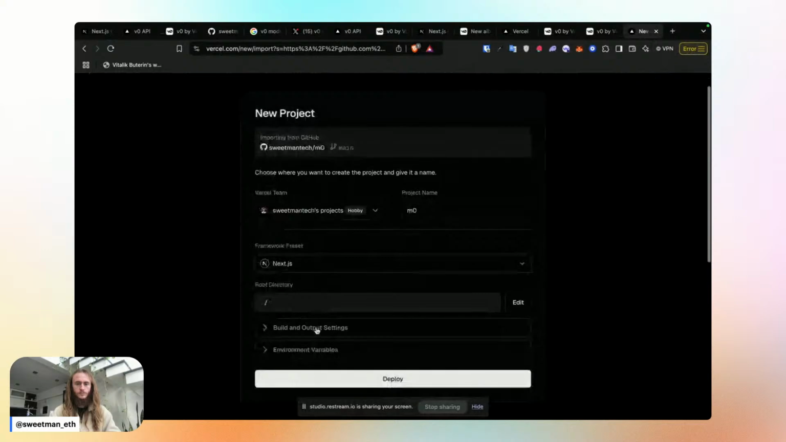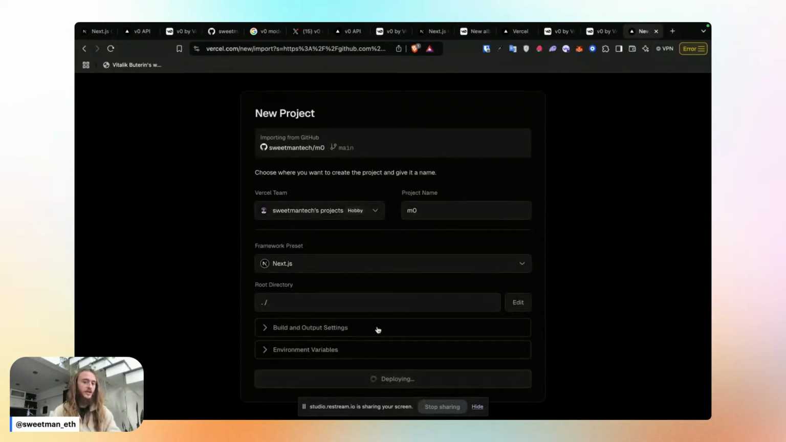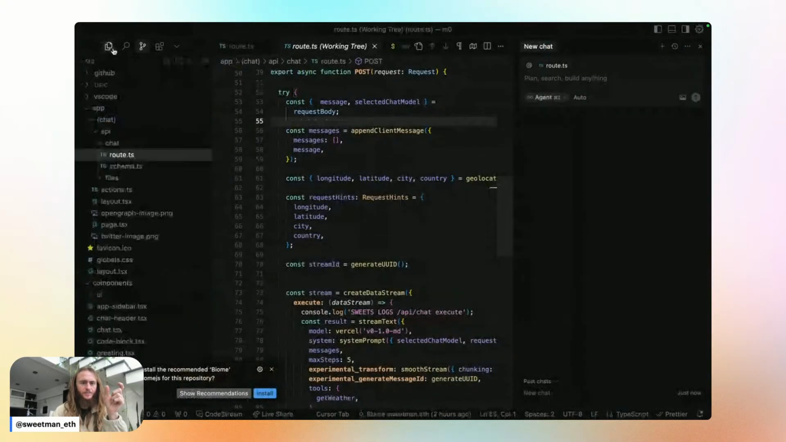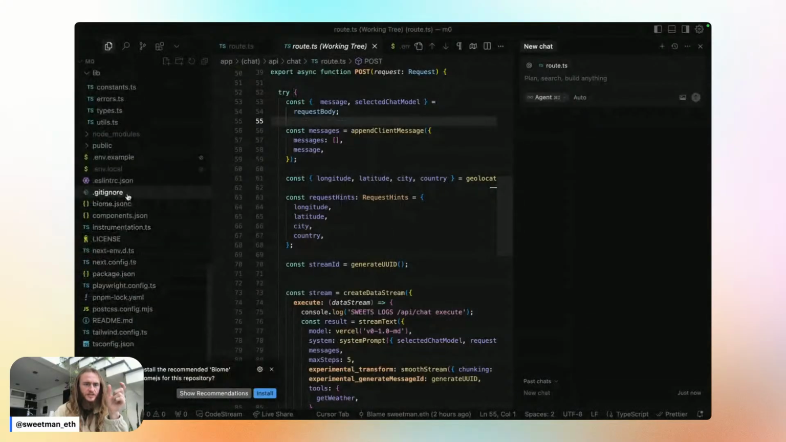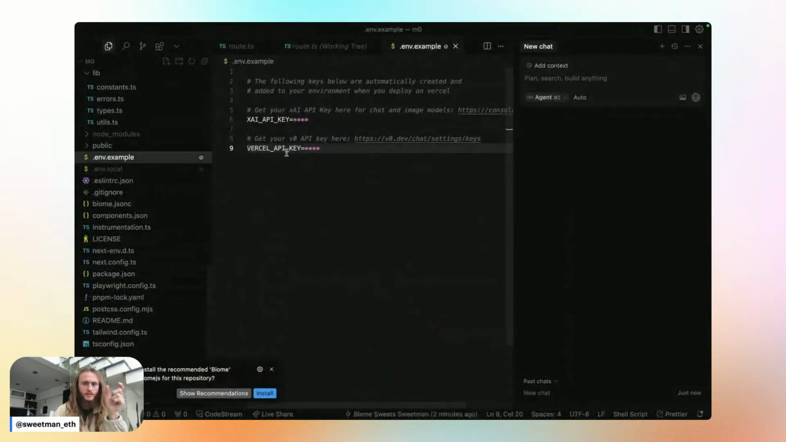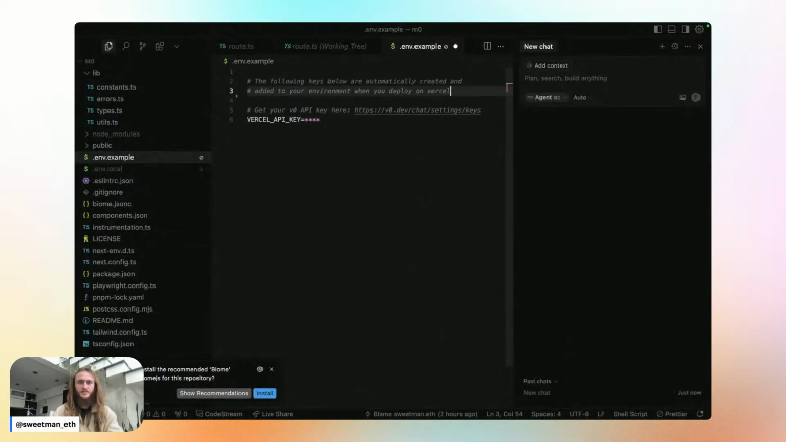And now I might need to add in the environment variable. I'm not sure if I do. It might automatically be included. So let me just try deploying it without the environment variable. And if it doesn't work, then I'll add in the only environment variable which we'll need to add, which is Vercel API key. I can now get rid of X API key, and let me get rid of some of the other